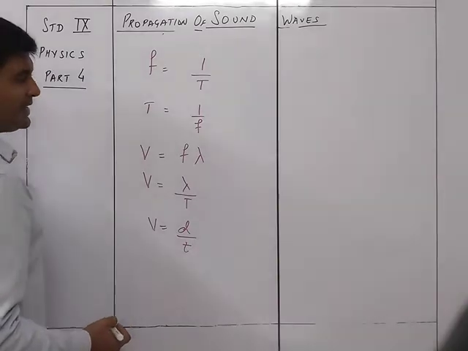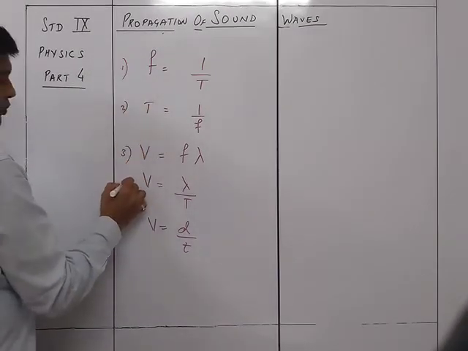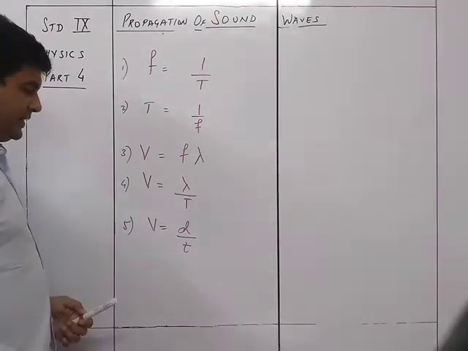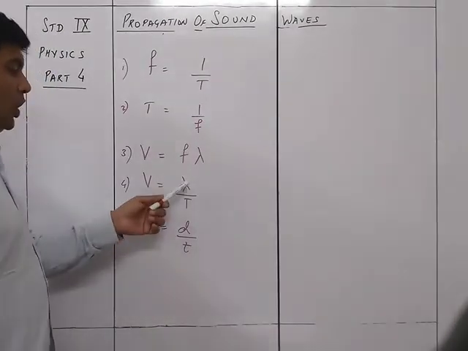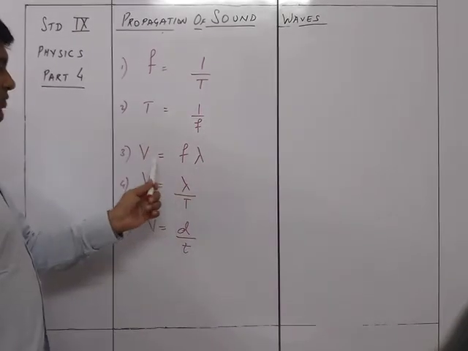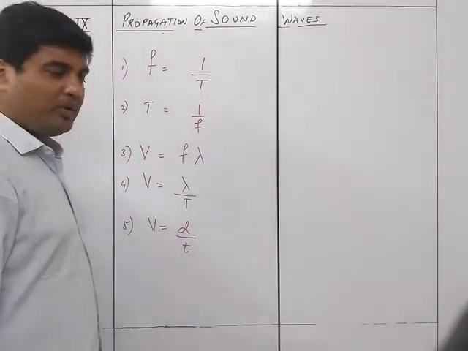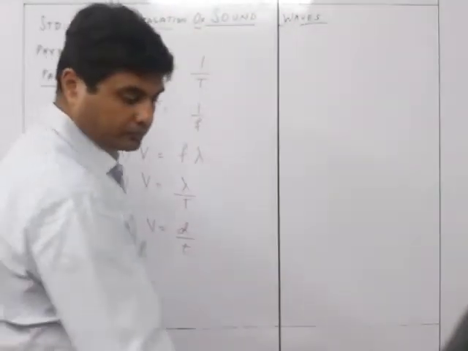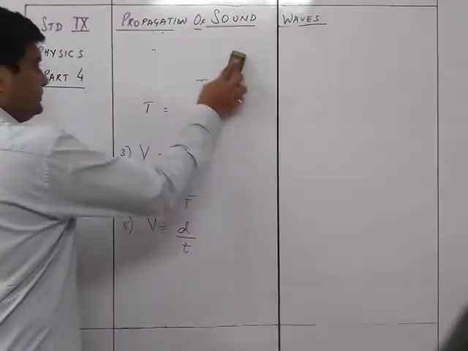So these are the different formulas which we have over here: the first one, second one, third one, fourth one, or fifth one. These are normally the formulas which we will be requiring. We don't require anything else other than this. Velocity or the speed of the sound is equal to distance traveled upon time taken, or wavelength upon time period, or frequency into wavelength, that is the velocity of sound. Time period is 1 upon frequency. So these are the different formulas which we will be requiring. You can note it down, and then we can start with the numericals. So we start with numerical 1.